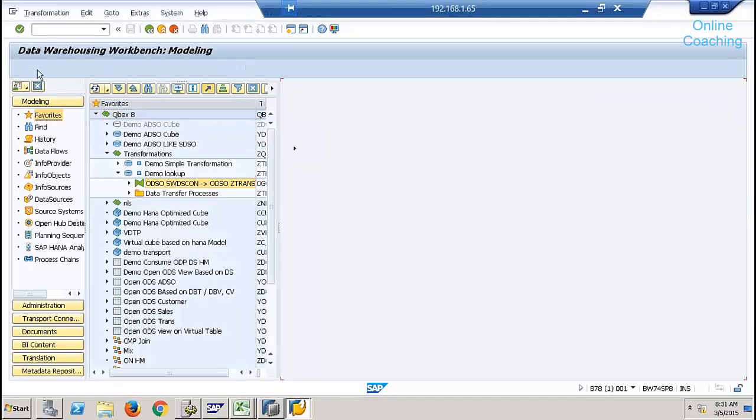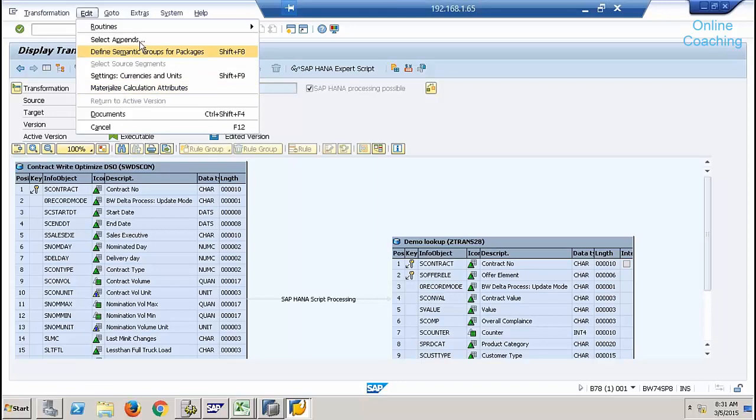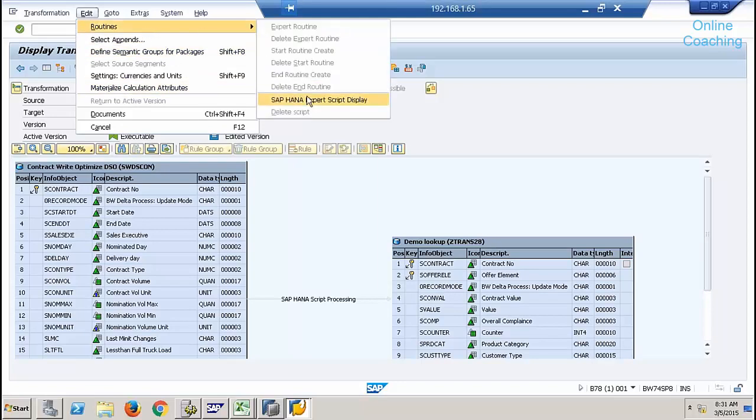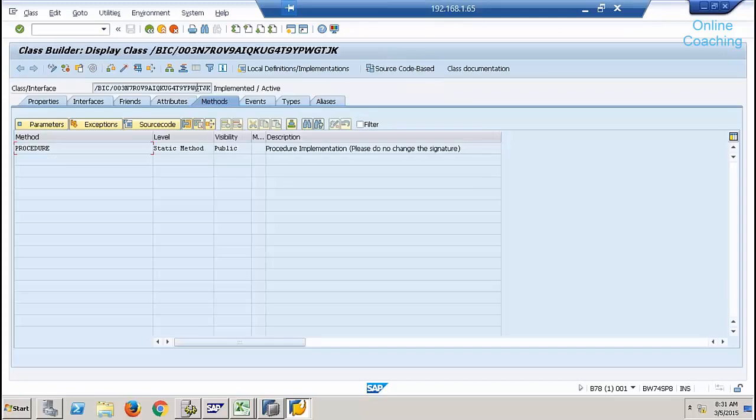So I've written these transformations with the HANA possible. We have written HANA script processing. And if you see, we have used this option of routines and HANA expert script routine. If you see this display, it is actually showing me a class